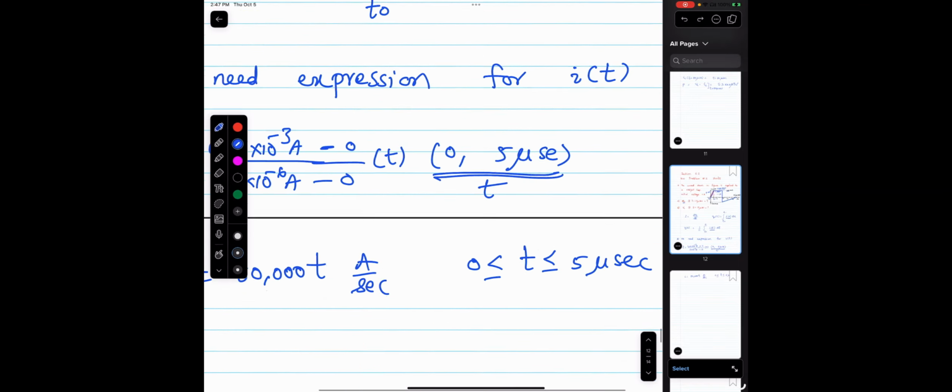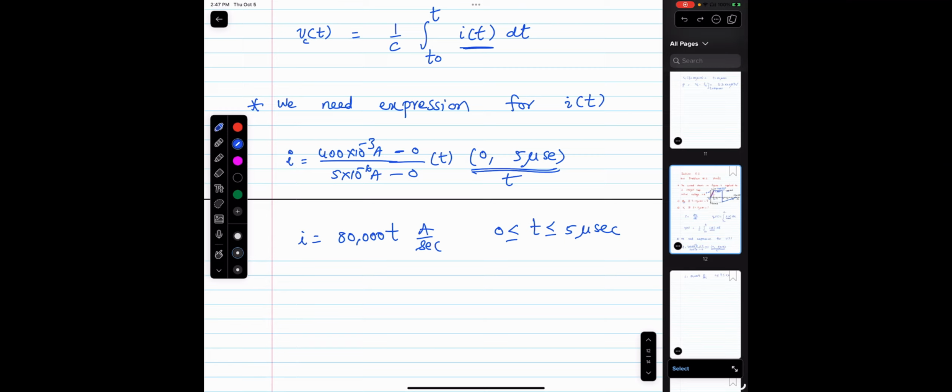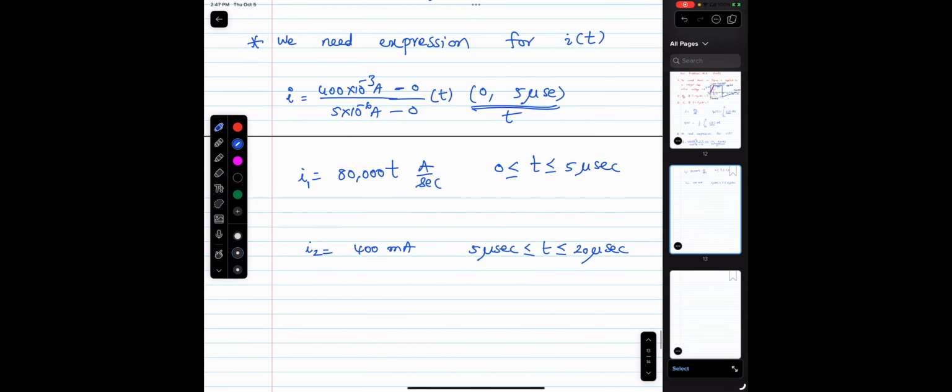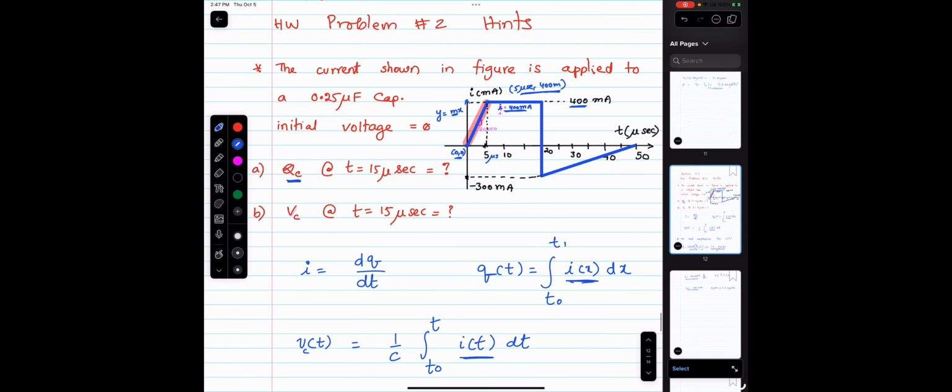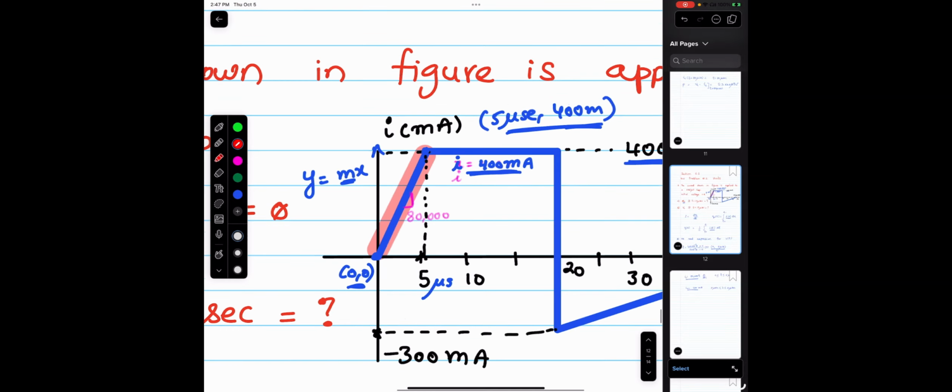So we can write I2 is 400 milliamperes between 5 microseconds and 20 microseconds. Okay, so you have an expression for current here, you have an expression for current there. So what you can do is